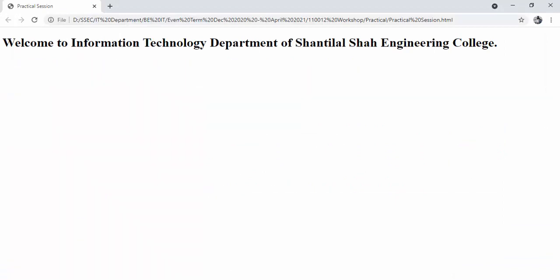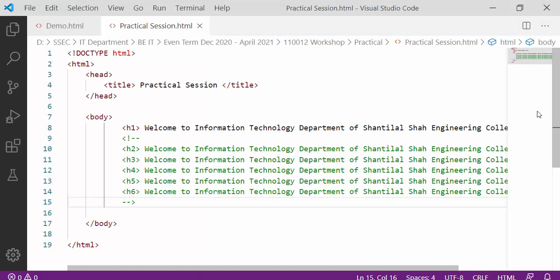See. If you are familiar with the comment concept that you have already learned in your C programming language, then you can easily understand the meaning of this tag that I have put here.